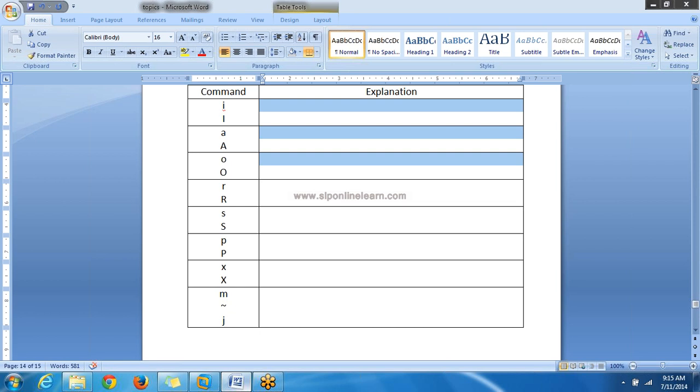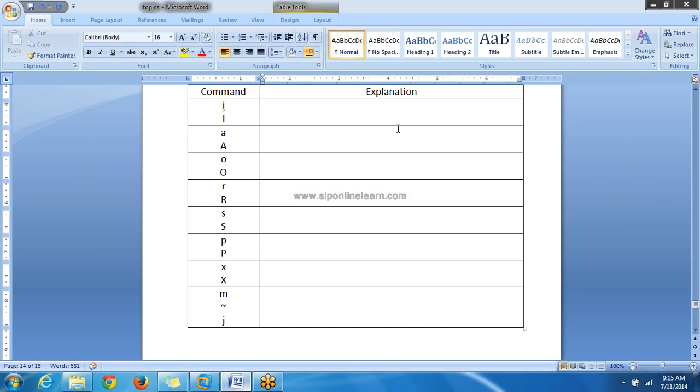Small i, insert. Capital I, insert. Small a, append insert. Capital A, append insert, but at the end of the line. These are insert commands.